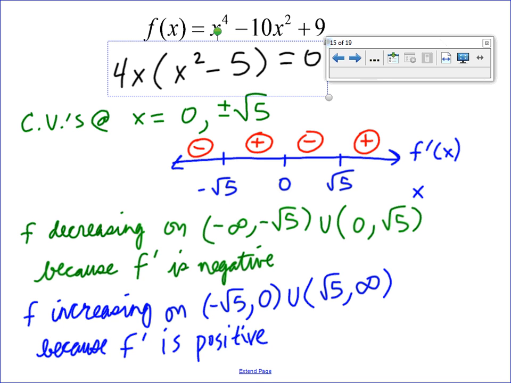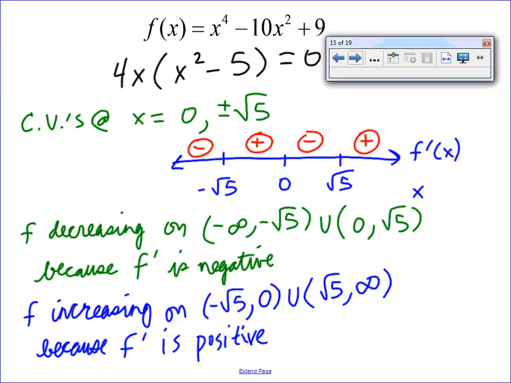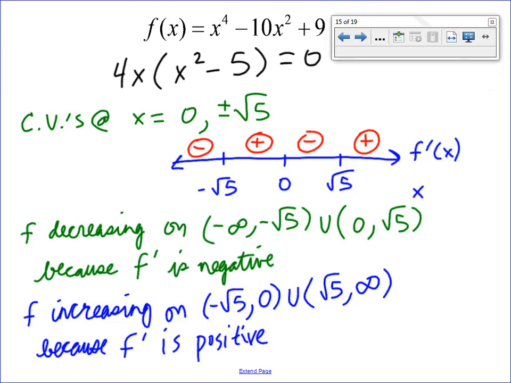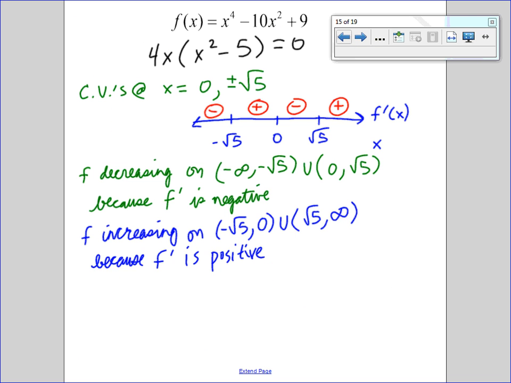All right, last thing, local extrema. When f prime switches from negative to positive, f switches from decreasing to increasing. So what feature does f have at x equals negative root 5? A minimum, right? A local minimum, because f prime switched from negative to positive. So f has a local minimum,